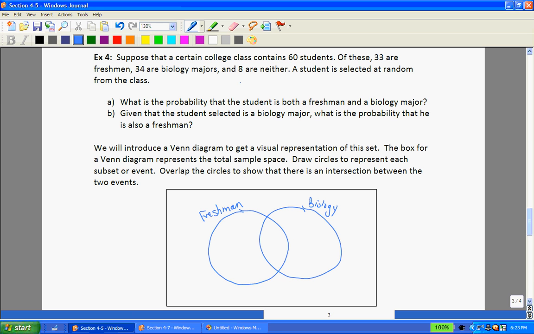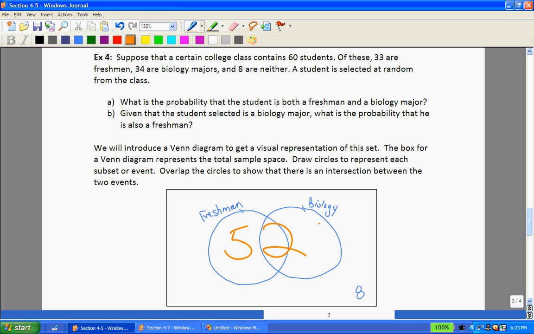We know that 8 students are neither freshman nor biology. So that goes outside here. It's within the box because it's within the sample space, but it's outside of the circles because those students are neither freshmen nor biology majors. What that leaves us with is that this portion here